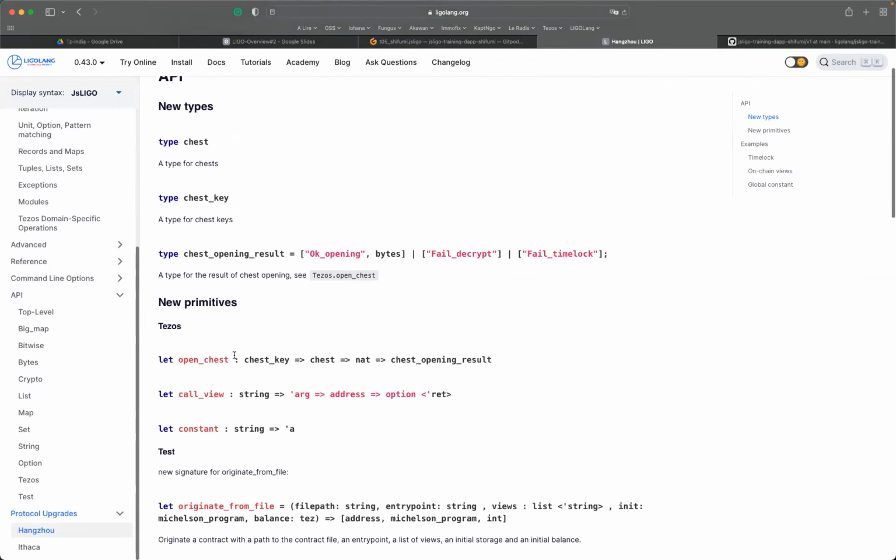The chest gives you the opportunity to cipher some data, store the ciphered data, and then afterwards reveal by opening your chest and deciphering the data, or providing the material to decipher the data and reveal the action which has been played before.